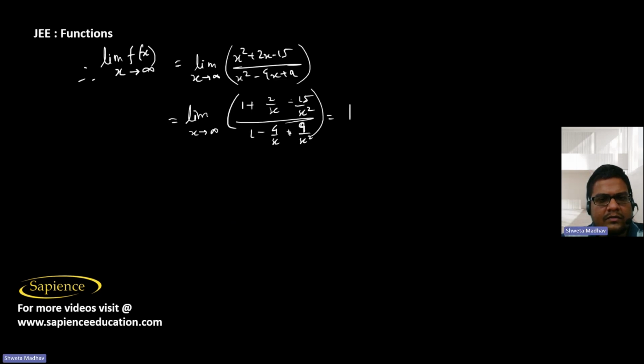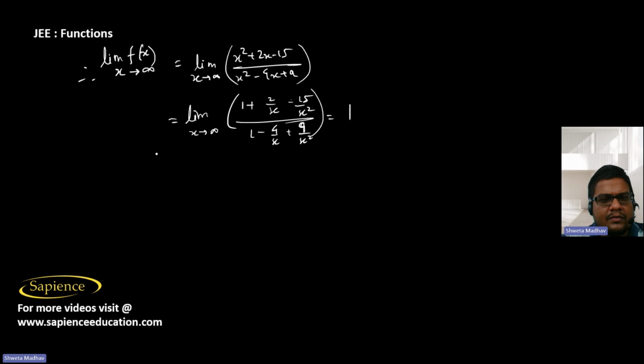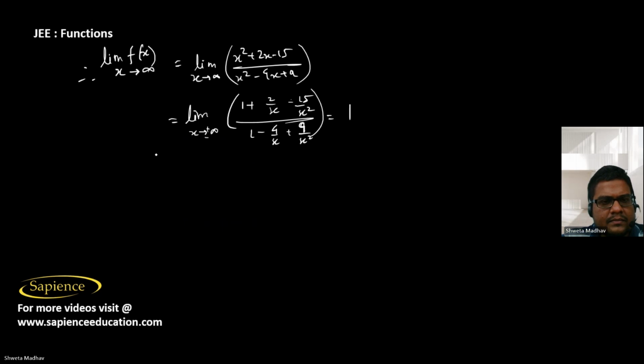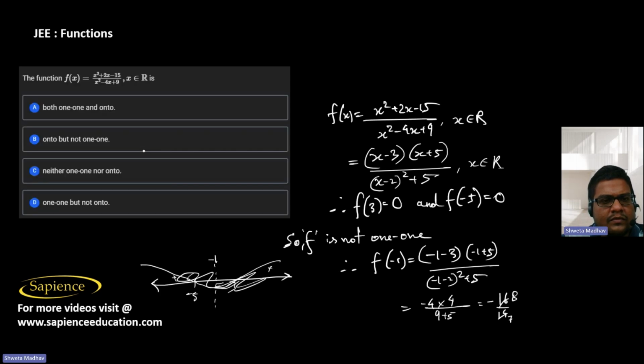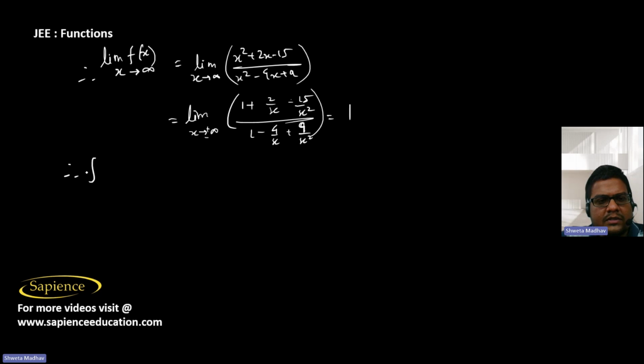So when x tends to infinity, it is going towards 1. So it will have a maximum and a minimum value. When x tends to minus infinity also, it will tend to 1 only. So if we want to find the maximum value, we have to find f dash x,